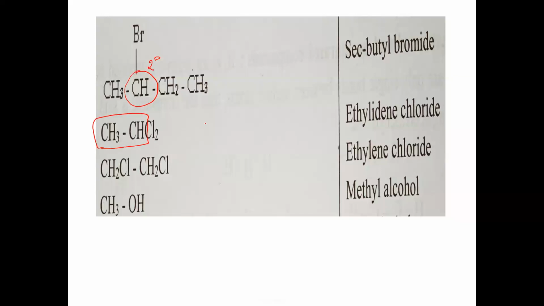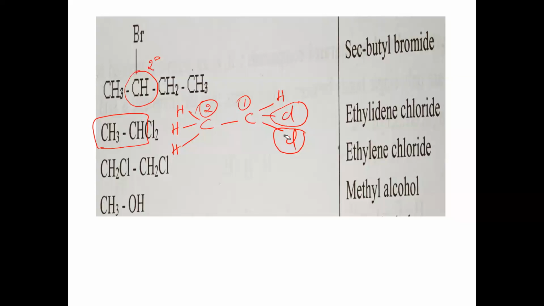And in this case, it is ethane, C2H6. In place of 2 hydrogen atoms, 2 chlorine atoms are attached. When 2 halogen atoms are present on the same carbon, it is the first carbon, and this is the second carbon. The substituent position should be given the first position, so this is the first carbon and this is the second carbon now.